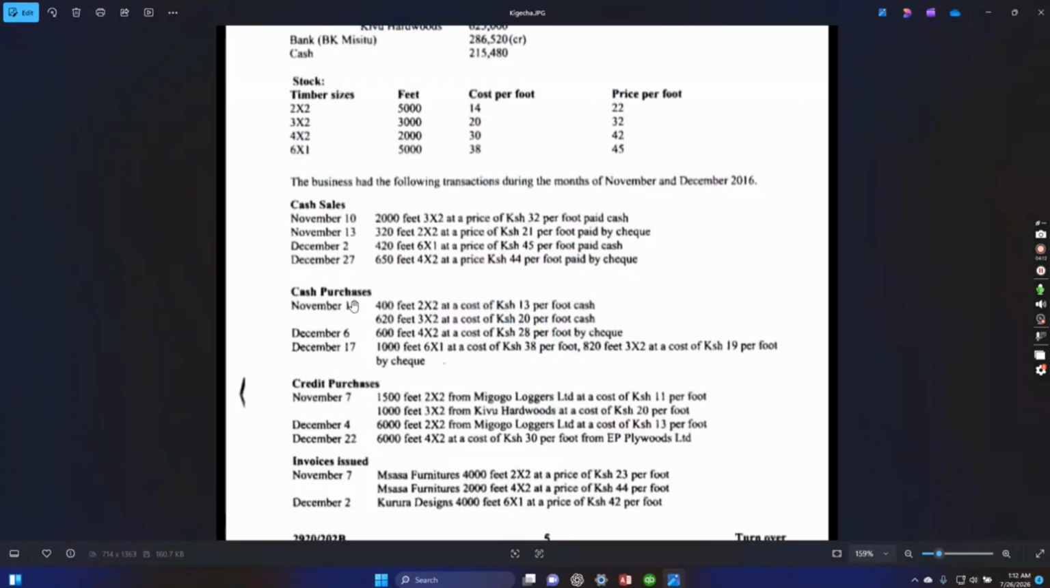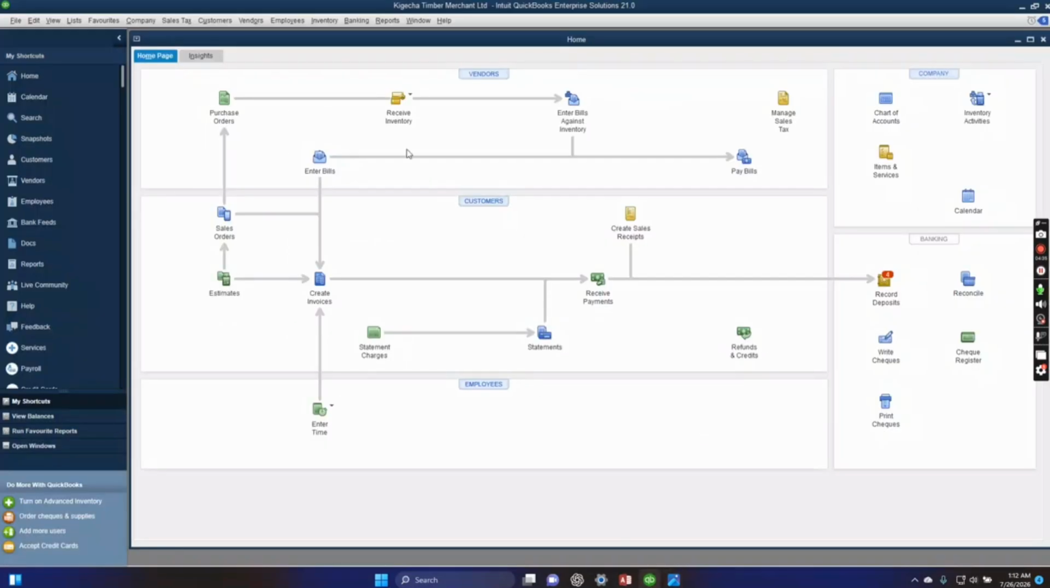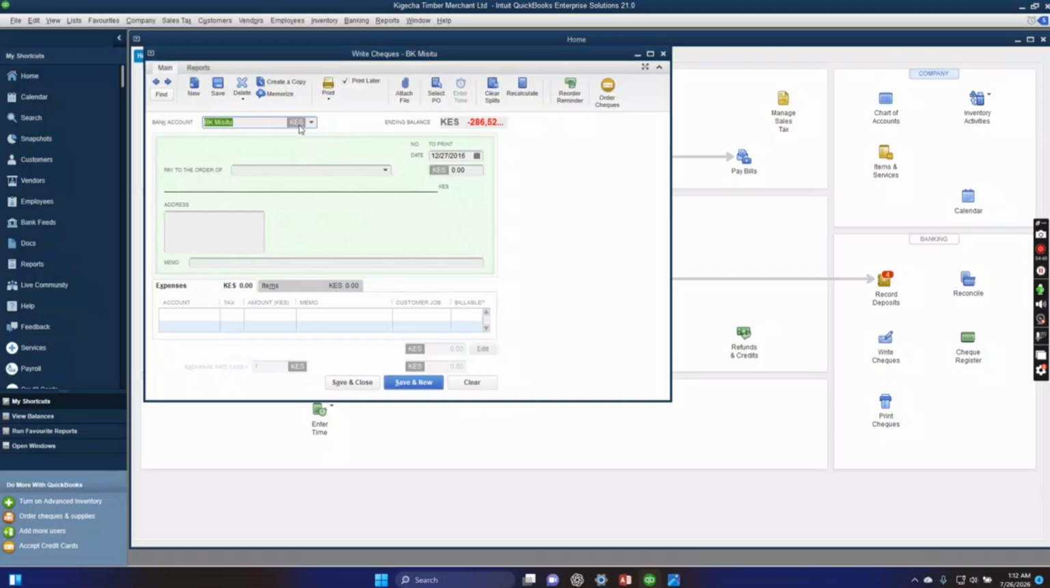On these ones we did cash purchases, so we are going to operate checks because we purchased. So we did some purchases, so we bought them, so we are going to pay by writing checks. So go to banking, then write checks using the BKMC2. This was on date